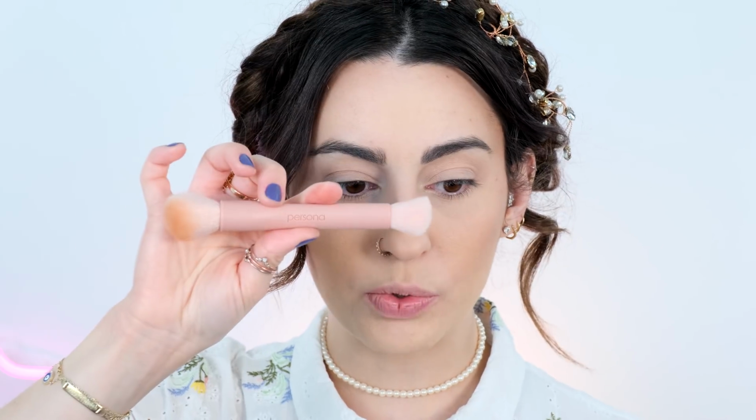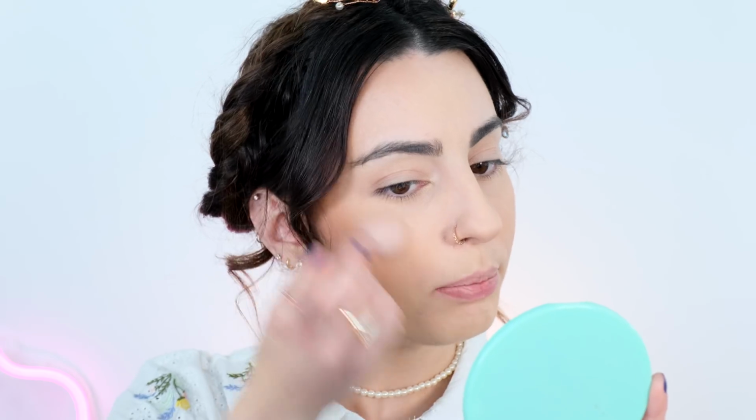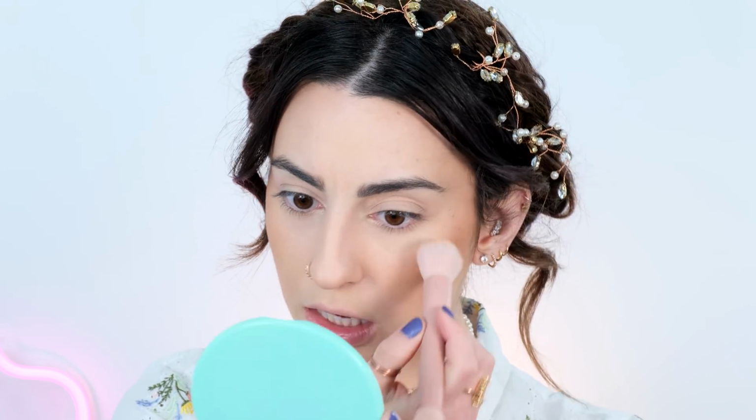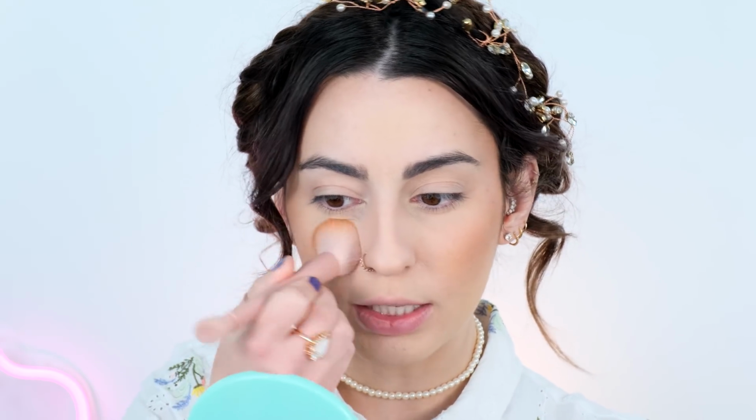This is a Persona brush, which I absolutely love. I'm gonna tap this out a little. I'm gonna pull this into my bronzer a little bit, like high up into my cheek, because it's a very, very warm shade. Oh my god, it's real warm. Okay, I love this color, but I think for today's look, it's not the vibe I'm going for. I feel like after I set my face, things just went